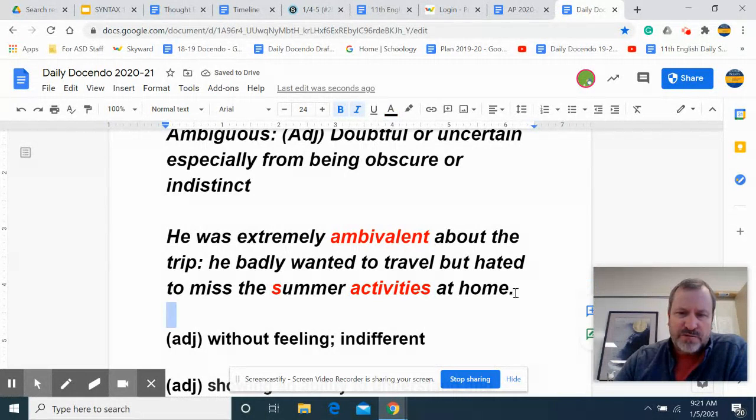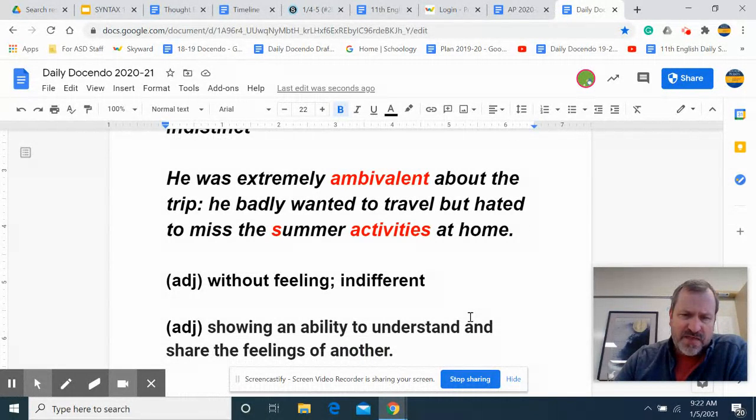All right, now a little review of vocabulary from way back in the beginning of the semester. If I asked you to give me an adjective that meant without feeling, indifferent, and then another one, showing an ability to understand and share the feelings of others. So both of these have something to do with feelings.